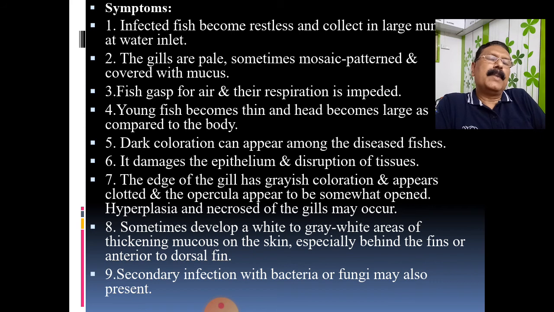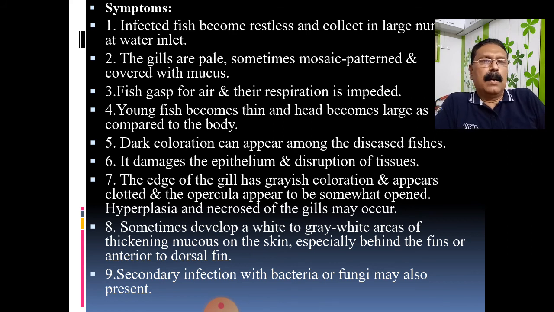But in the case of Gyrodactylus, it rarely happens in the gills, because the target area is not the gill. It rarely enters the gills, so it is generally limited to the body surface, and the fish will try to gulp open air, free air from outside. If it is in an aquarium, it will frequently come to the surface, and if it is in a pond, it will come to the surface from the water level and towards the inlet to get fresh water, which has a higher percentage of oxygen.